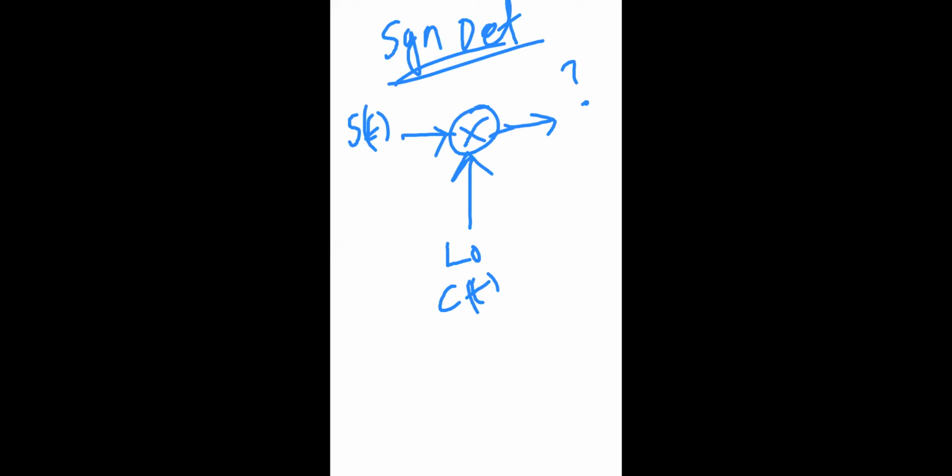Now, if the carrier has a phase offset, say cos 2 pi fct with some theta phase offset also, there is a phase offset between your actual transmitter carrier and your receiver local oscillator carrier. That phase difference is called theta. Now, what will be your output? Your output will be something like this: final output m of t times cos theta.